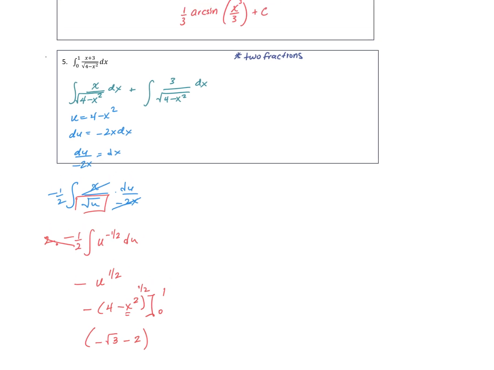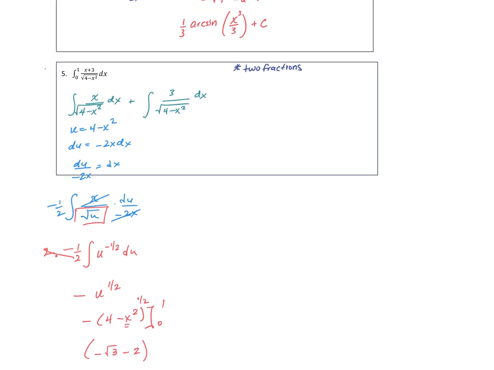Now we do the other side. This one is an arc sine. So this one's just going to be 3 arc sine of x over 2, and then my bounds are 0 to 1. So I need to do arc sine of 1/2. Arc sine of 1/2 is 30 degrees or pi over 6. I'm asking myself, when is the sine equal to 1/2? And we know that that's at 30 or pi over 6. So it's going to be pi over 6